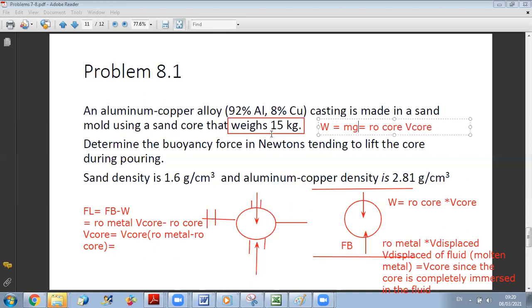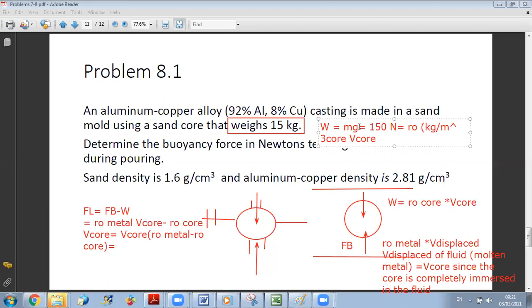Okay, so sometimes instead of giving directly the weight in Newton, they give us the mass, and once we have it, we multiply by g to get the weight. So the weight is 150 Newton, and when you have a Newton unit, then you have rho in kilogram per meter cube. Okay, and the volume is,